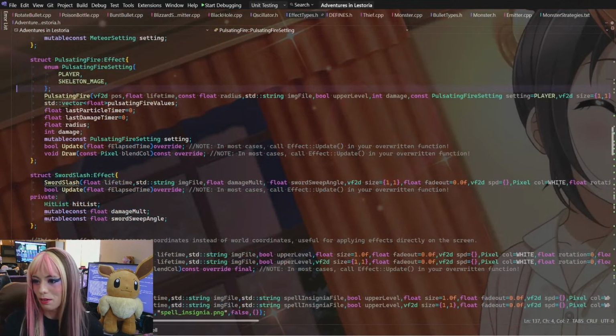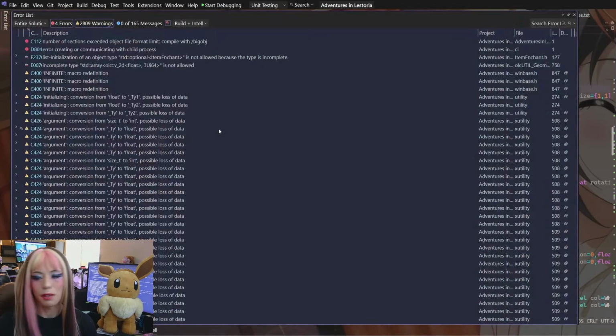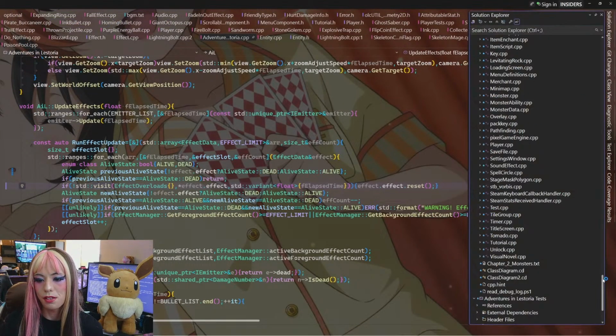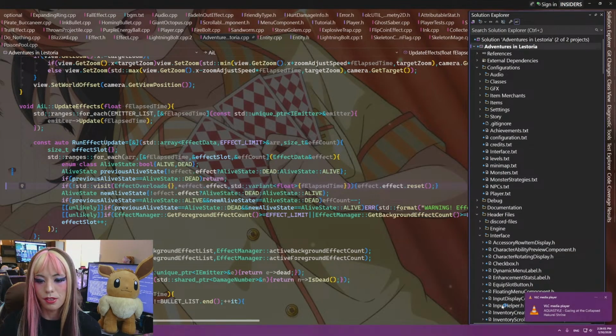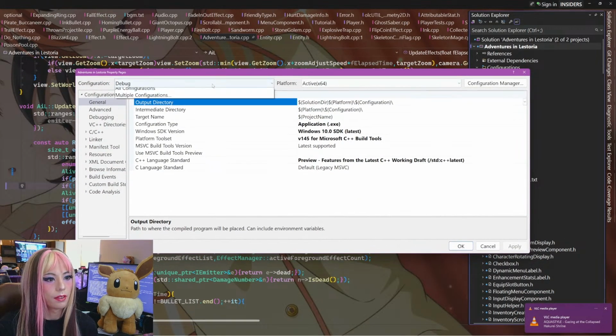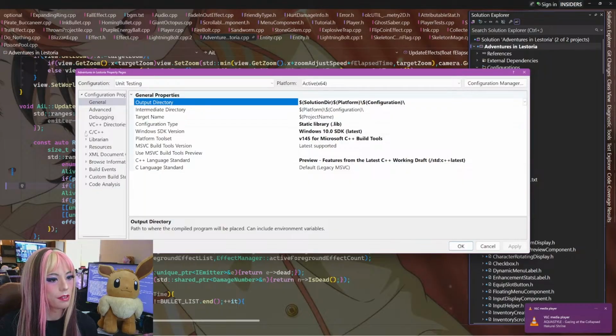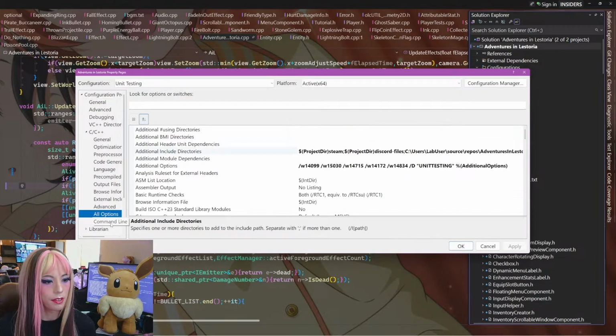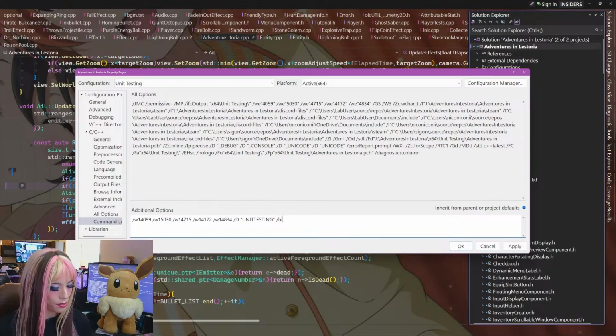Let's go ahead and look at what errors we're getting. Now we're onto the unit testing project. Oh, okay, so this is a more recent development, but I had to do this for the debug build as well. The object file is too big to compile, so we have to actually compile it now with the command line parameter /bigobj. So I have to go into the unit testing Adventures in Listoria project, and I have to go under C++, under all command line, and I just have to add here /bigobj,